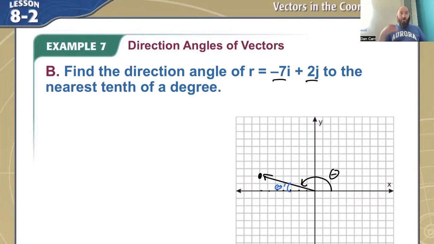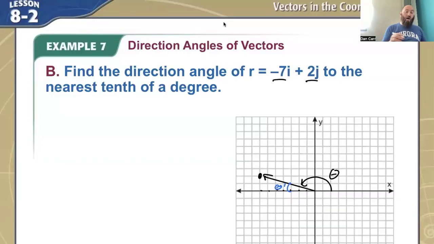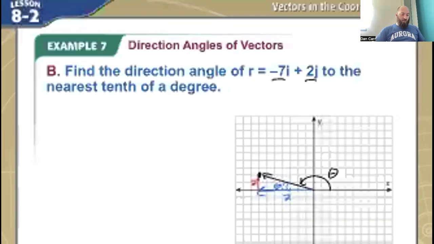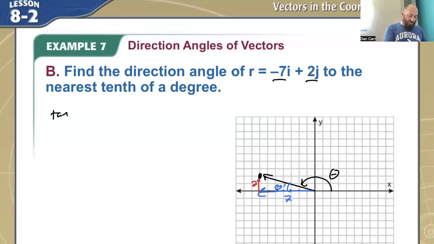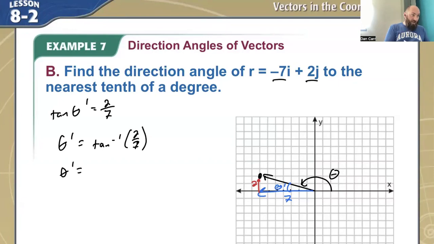So again I'm going to set it up with a tangent in this case. In my X direction, it is going 7, and in my Y direction, it's going 2. So the tangent of my reference angle, theta prime, is equal to opposite 2 divided by my adjacent 7. So that means my theta prime here is going to equal the inverse tangent of 2 over 7. And so when I do that, I get a theta of